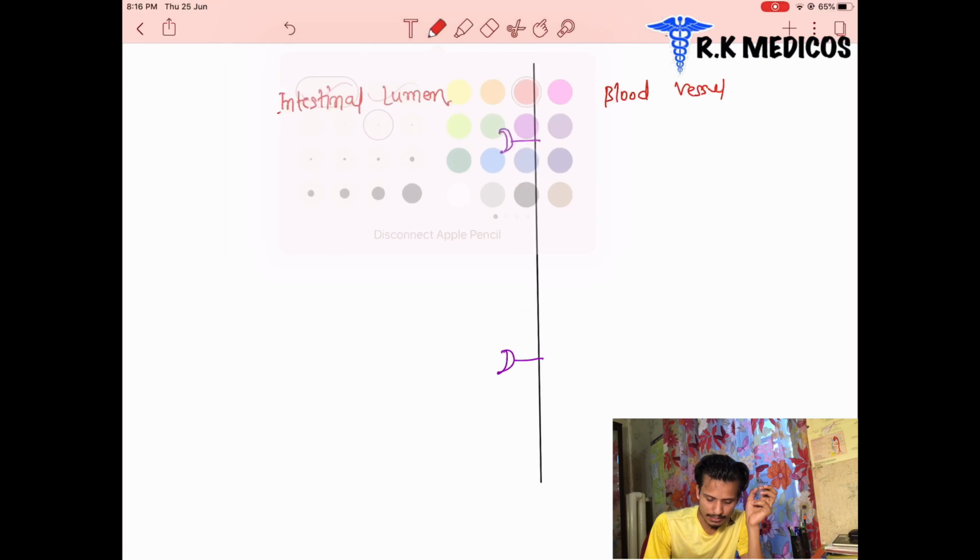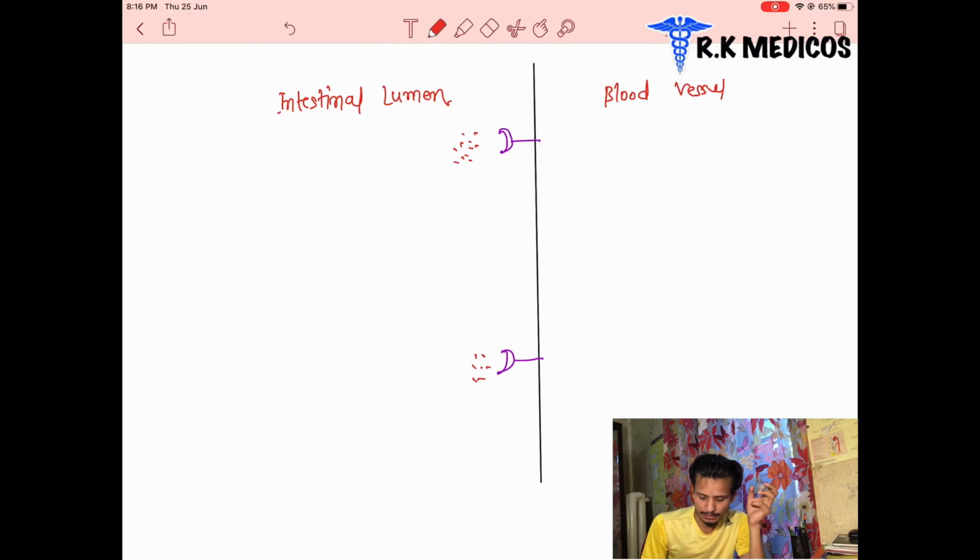The drug is taken into the intestinal lumen. It reaches the intestine, and in front of these receptors, these drugs cross through them and enter into the blood vessels. For the entry of these drugs, these carriers are present. Through these carriers, the drugs enter the blood vessels. After entering the blood vessels, they are divided into two types.